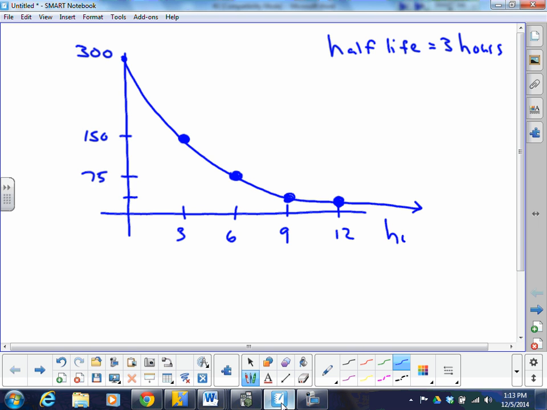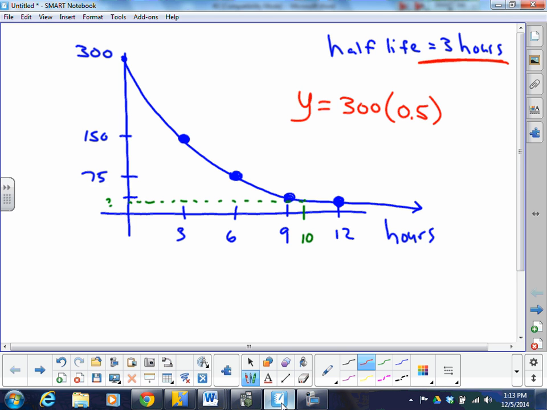So right now these are just hours, right? Okay, so at 10 hours, I want to be able to ask myself, how much would remain then? Okay, so here's the issue. I think we need to get everything on the same page because we cannot just do, we know we're starting with 300, right? We know the half-life, so it's getting multiplied by 5. I can't just throw a 3 up there,